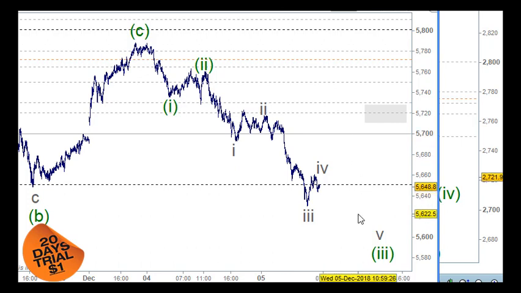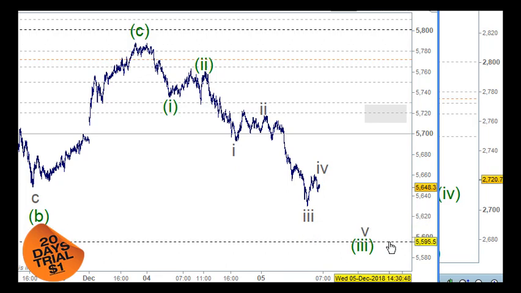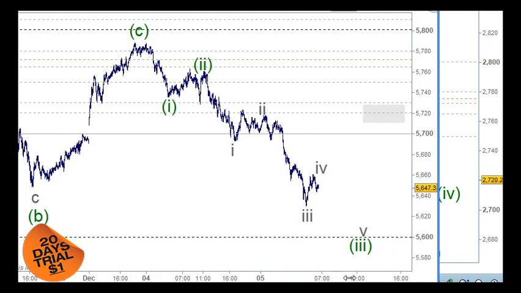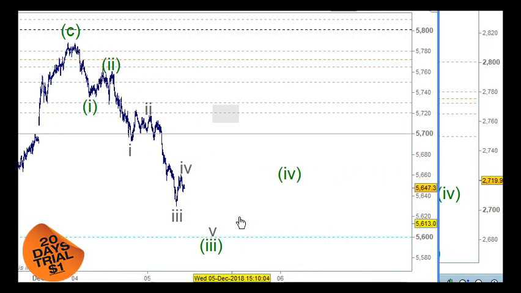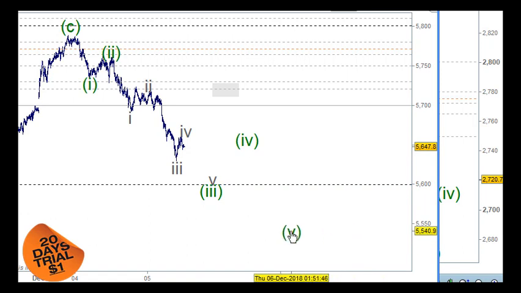I can't draw on this side of the tick chart here, but we'd be looking at wave 5 of wave 3, and we can move that down to 5, 6. 5, 6 is a really important number, so we'll see the bounce there. Once we get that bounce, then we'd be looking at wave 4 here, and then wave 5 coming into play here at this point. So it's kind of where we are within that structure. That's based on the US side of things.